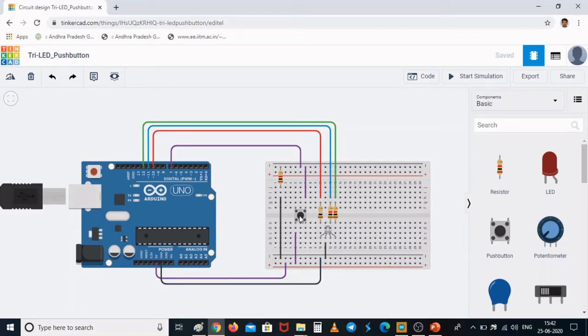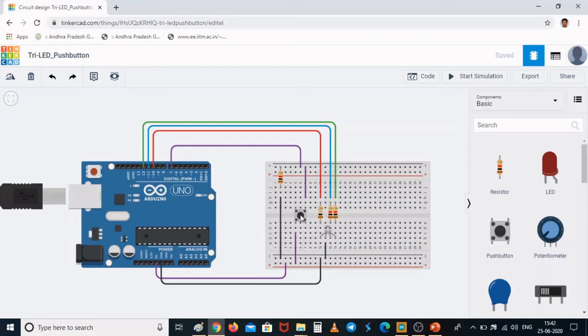So whenever I press the push button, what is going to happen? This 7th pin is being given a value of 5 volts. Okay, so that is what is going to happen when I press the push button. These two legs are going to get connected together. What I have connected to this leg is pin number 7, and what I have connected to this leg is 5 volts. When I press the push button, pin number 7 is connected to the 5 volts.